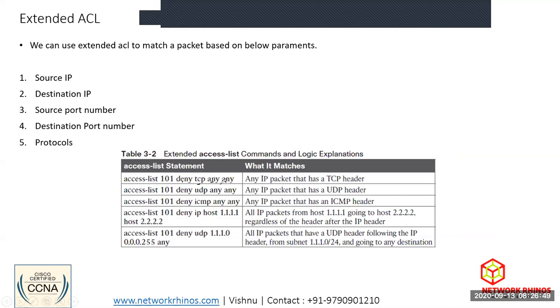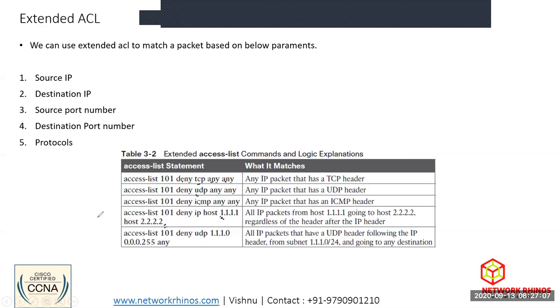any packet with a UDP header, or with the protocol of UDP, you deny it. Third one says deny ICMP. You can also deny from this host to this host, or this IP to this IP; the packet should be denied.